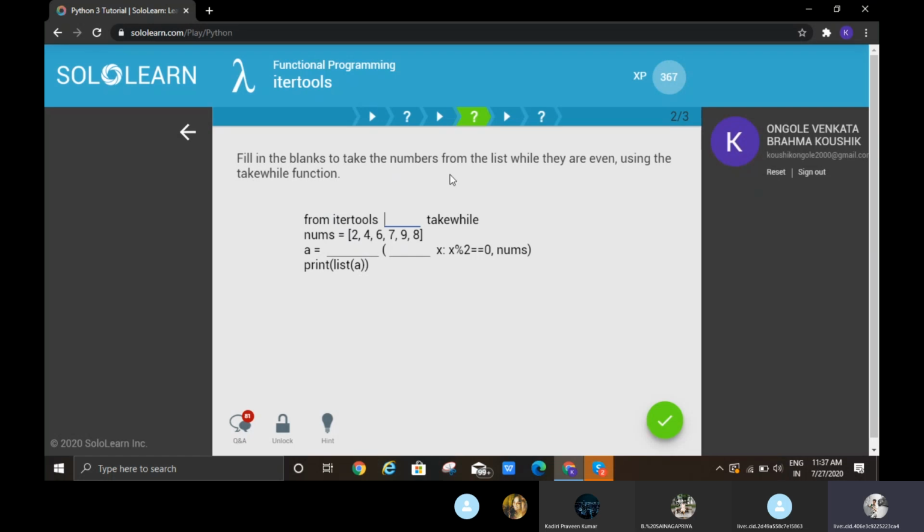Fill in the blank to take the numbers from the list while they are even using the takewhile function. From itertools import takewhile function, nums equal to 2, 4, 6, 7, 9, 8 and a equal to... Answer this one, guys.